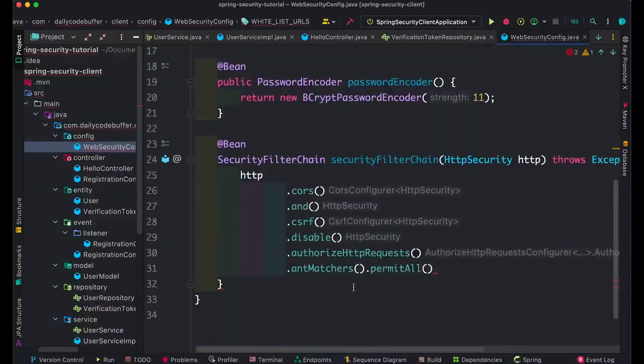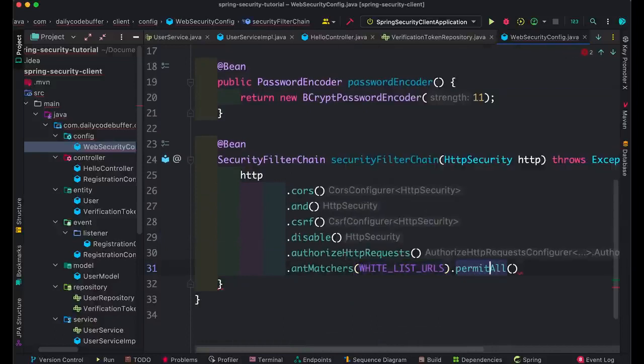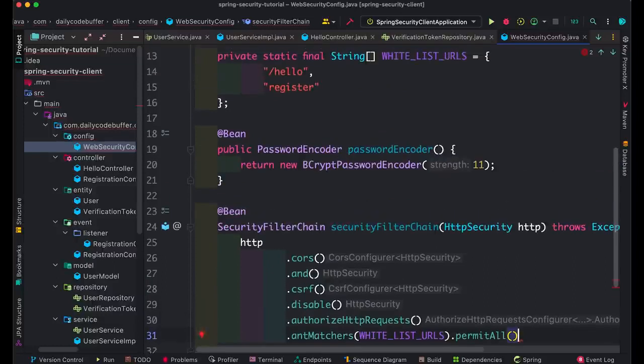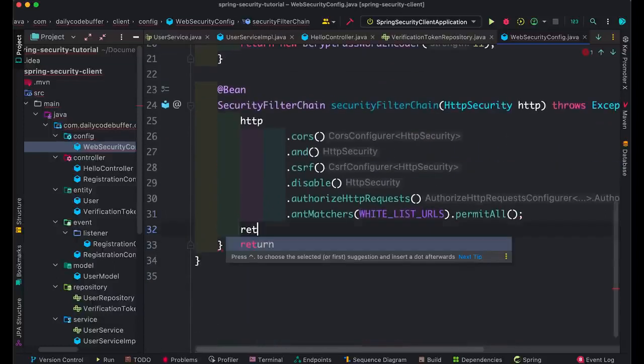Okay, and I'll define over here the whitelist URLs. So this should be permitted for all. Any URLs which have this pattern will be whitelisted, will be permitted. And I'll just do return